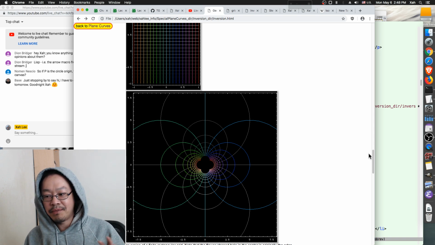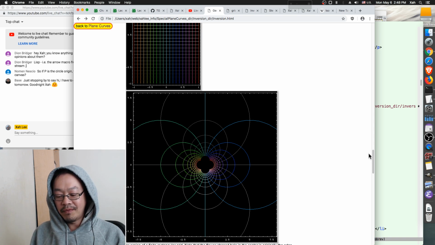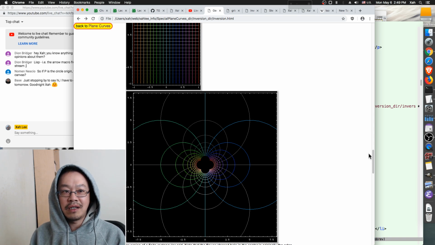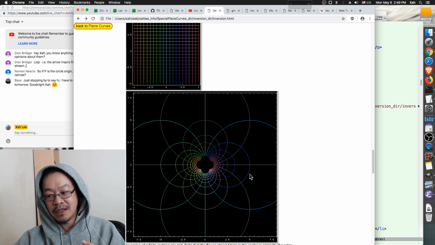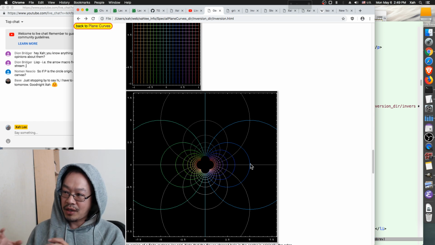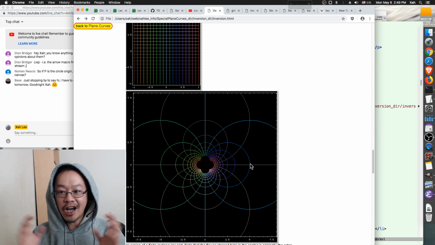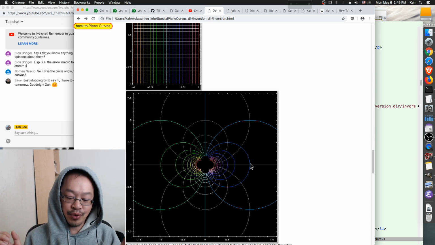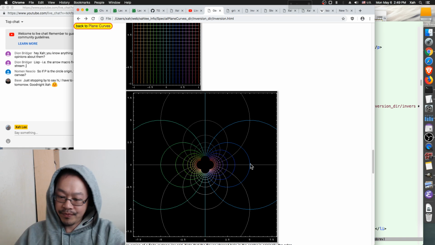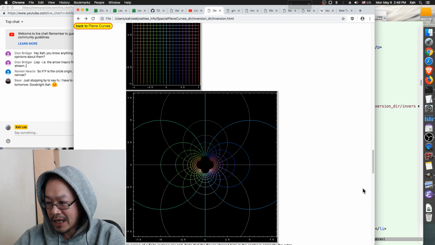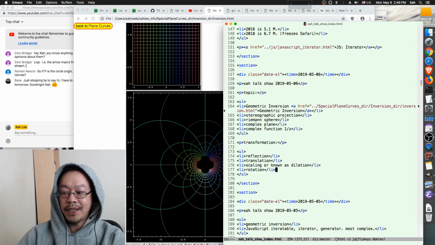When you study complex numbers and complex analysis, the whole thing is fundamentally based on the idea of geometric transformation and angle preserving. By the way, the jargon in math for an angle-preserving transformation is called a conformal map. Okay, let me write it down, because if you go to Wikipedia and look at